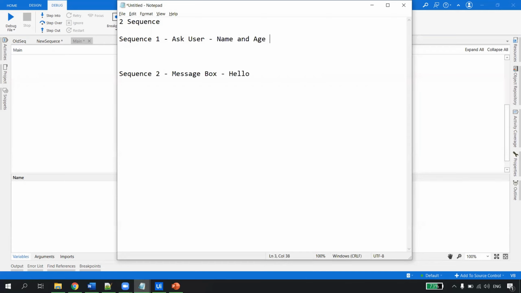So let's say if you pass here Mukesh and 76, it will say hello Mukesh, your age is 76. So this would be your input dialog.